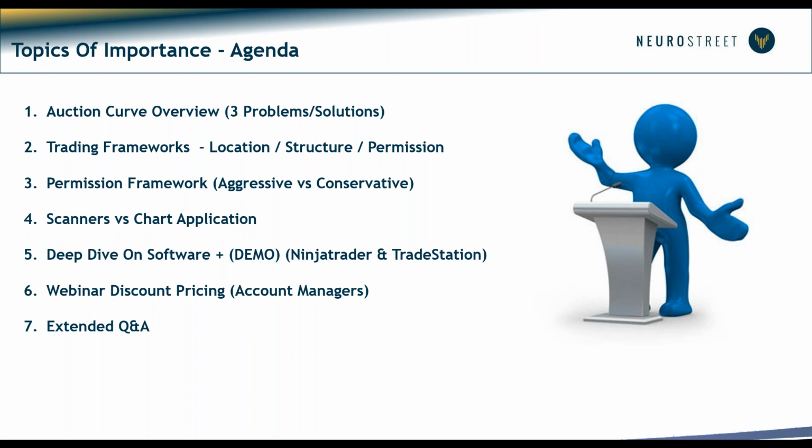And the nice part about this is I'll be doing a demonstration on Ninja, but the software that we're going to be showing you today is available on Ninja and TradeStation. So if you're using other brokers like MT4 or Sierra or eSignal, or maybe you're using other stock platforms or Forex platforms, it doesn't really matter. Our software is so advanced that we can only use certain platforms to code it due to the code language that it's available for. And so if you're looking at using the tools, you'll need to have a Ninja or a TradeStation platform for this type of analysis, okay?